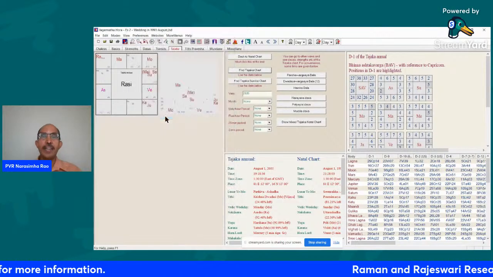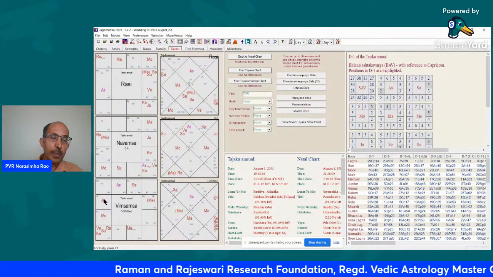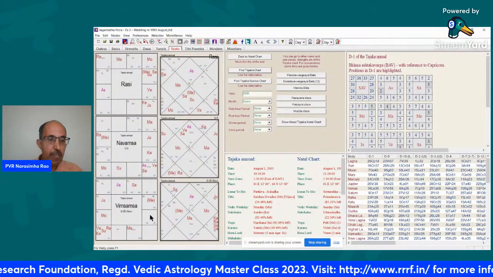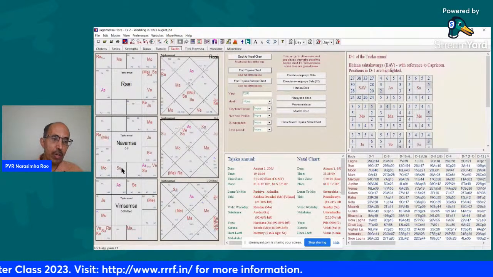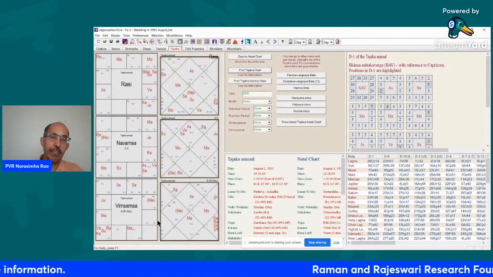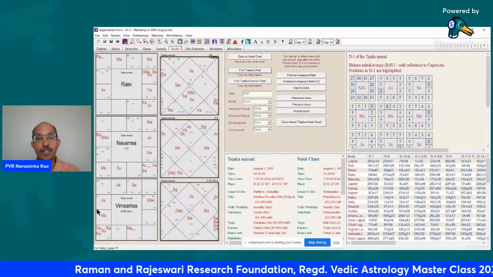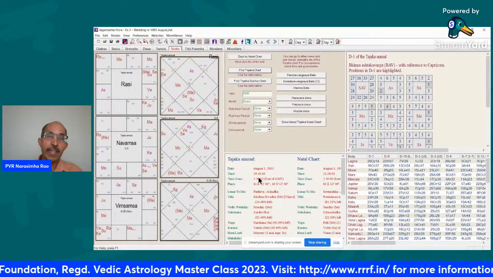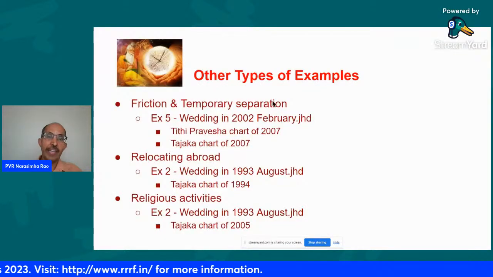And finally, D20. It is a chart of Upasana. So if you look at the D20 chart, you see that Lagna lord Jupiter is aspecting the ninth house, and the ninth lord Jupiter is aspecting the fifth house of Purapunya, and the Lagna lord is aspecting the Lagna. Also the fifth lord is in the ninth house, while the ninth lord is aspecting the fifth, so there is a link between fifth and ninth. And the ninth house contains a lot of interesting planets, a lot of interesting combinations. So like this, you can see religious activities, increase of religious activities, stoppage of religious activities, stuff like that also in the wedding based chart.